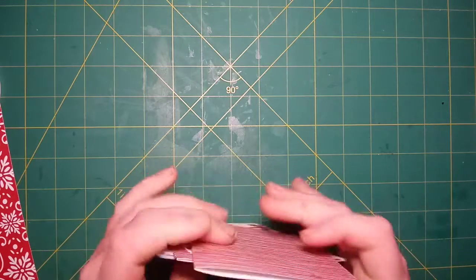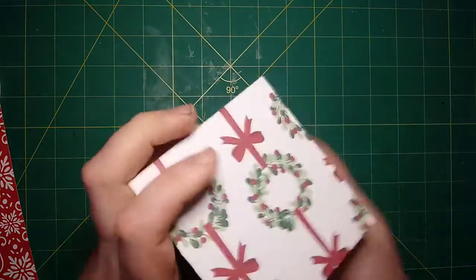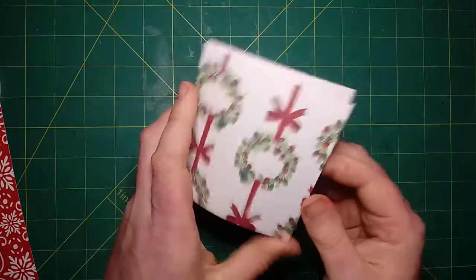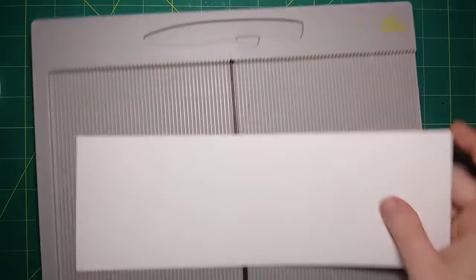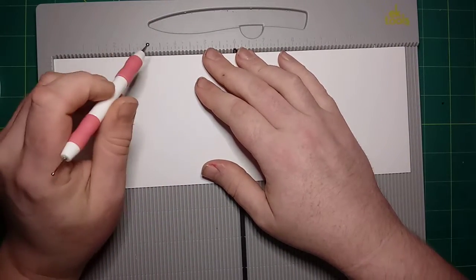I'm also going to show you another slight alteration, besides turning these signatures into pockets as opposed to just gluing them down on the ends onto the signature and not having it as a pocket. I'll show you that in just a second. But first, before we get to that part, you want to score